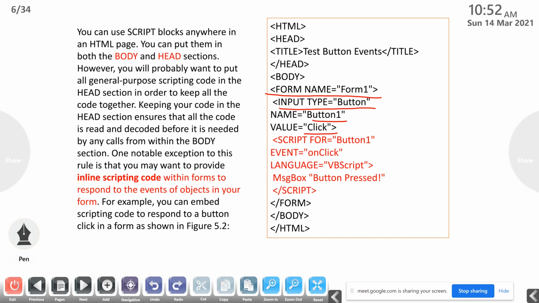And this is an example for an inline script. Script for button equal to button1, event equal to onclick, language equal to VBScript. Then here we are using, instead of alert, MsgBox. Then button pressed. And here we close the script by using the /script. This type of script we call inline script code, inline script.